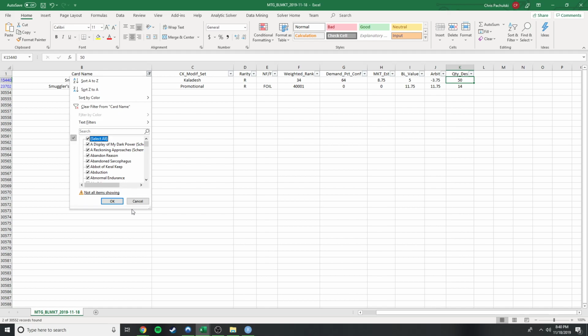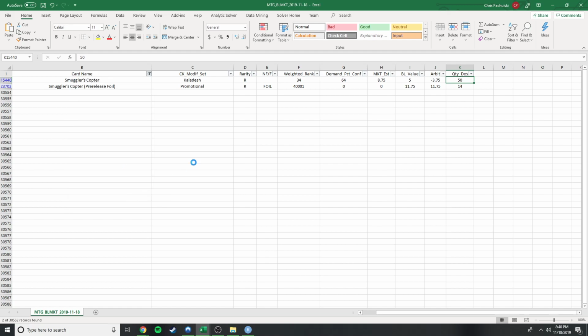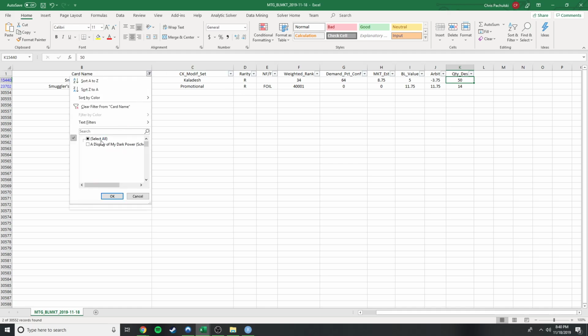I just want to show you kind of the potential of what we're working with here. Also important to note before I filter out of this, this is a rare. If this was a mythic, oh my goodness. I hope you know the rates of rares to mythics. If you don't, please go Google it and come back. Mythics, always far more keen